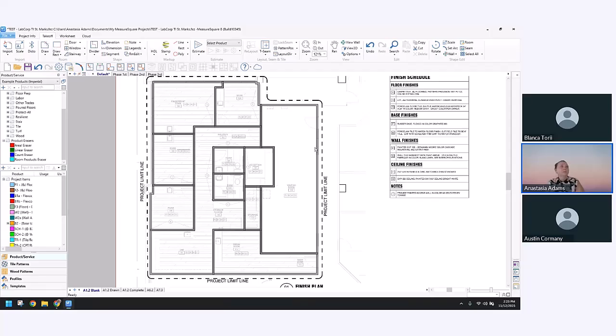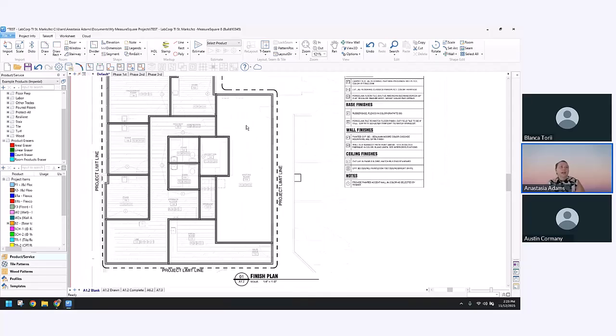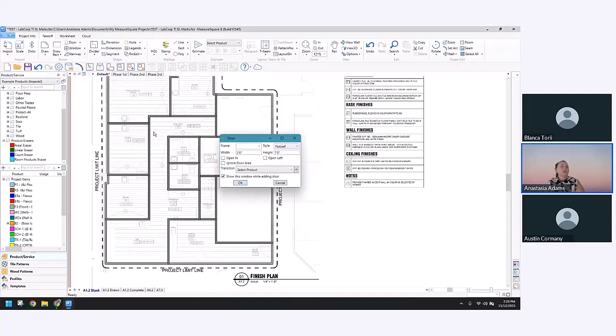Okay. So what's next? Doors. Logically for me, doors is next. So I'm going to click my door tool. Notice the pop-up. My style is always going to be no leaf because as the flooring contractor, we're not building the building. We're not installing the doors. I don't want to have to worry about a door swing. I don't want to have to worry about a door slab. So by choosing no leaf, I'm getting all of the benefits of using the door tool with none of the